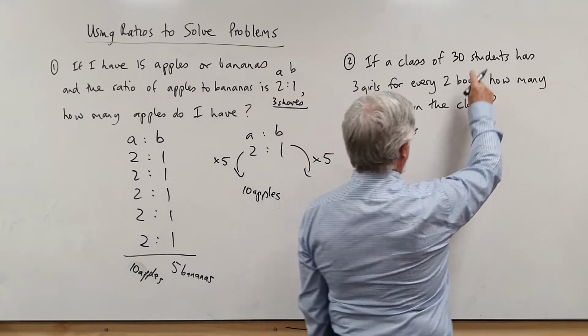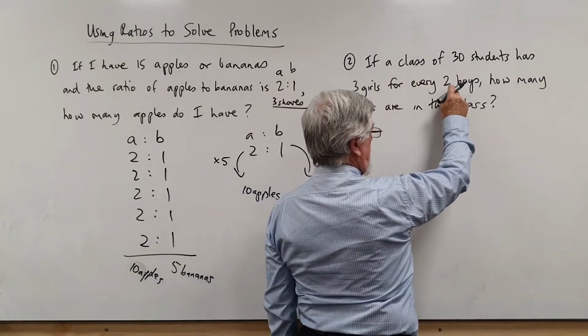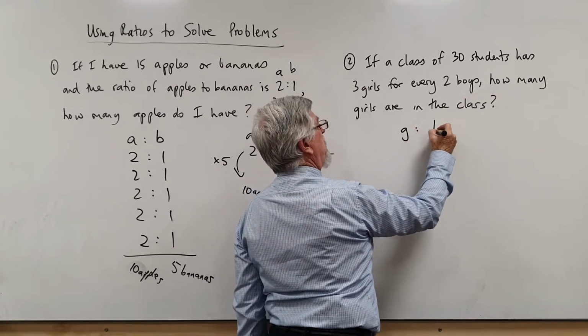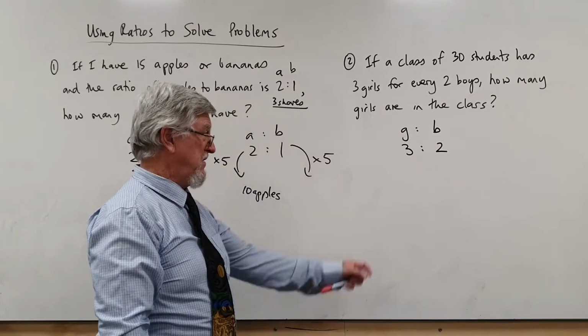Okay, so we had boys to girls. Watch what's going on in the class of 30. We had 3 girls for every 2 boys. So let's go girls to boys. So 3 girls for every 2 boys. So what have I got? 3 plus